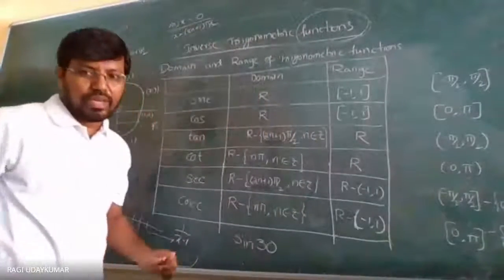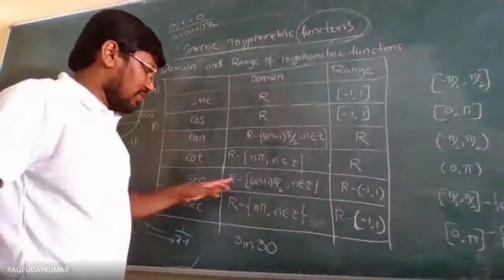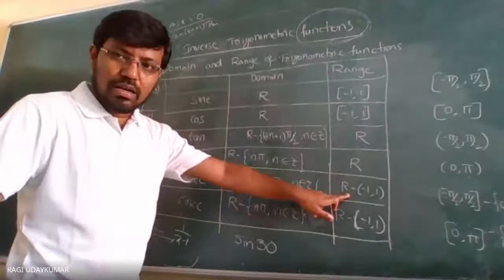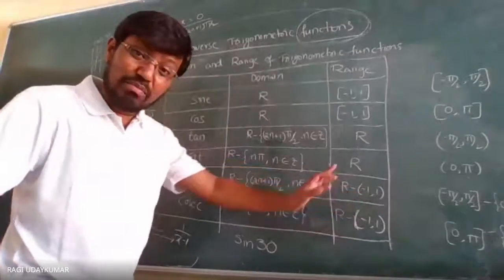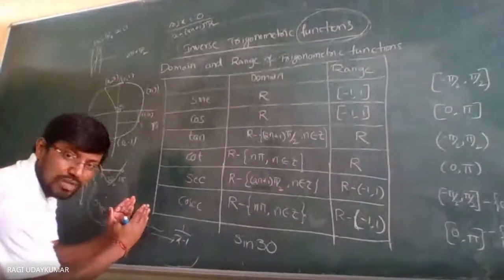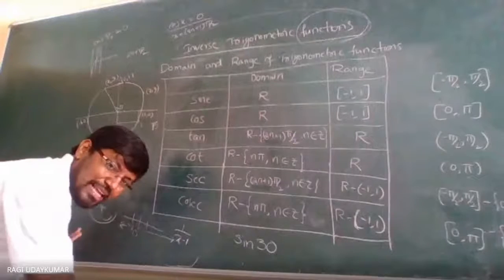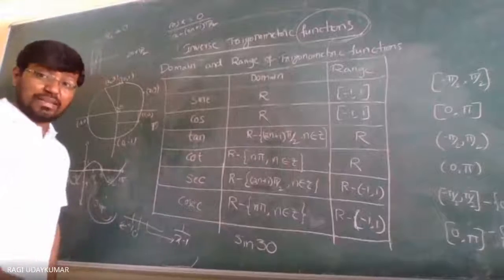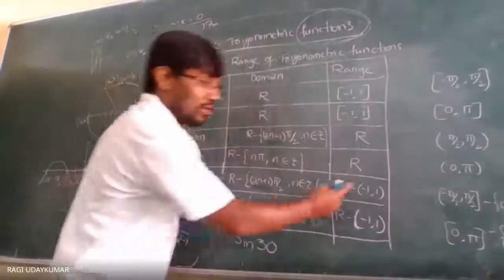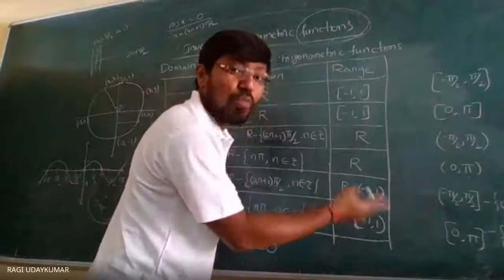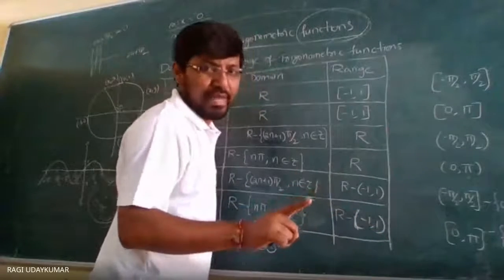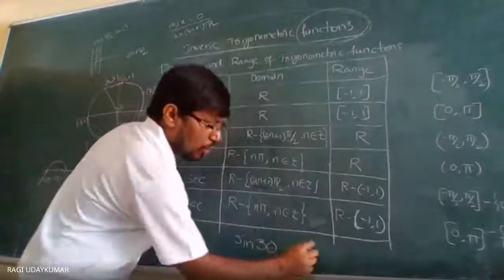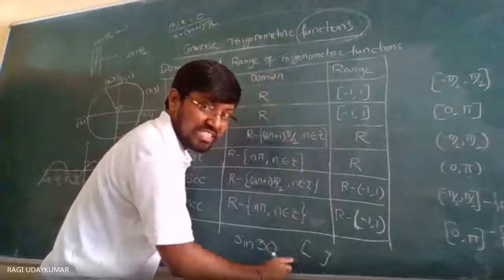Okay, so now here if you see, in the same way, the sine function domain is this one, and the range is other than -1 to 1, other than this -1 to 1. The remaining part, all the real numbers, will be there. So -1 to 1 will not be there, but -1 will be there and 1 will be there. So that's why the brackets. That also should be kept in your mind. Okay, open brackets and closed brackets. This represents the closed brackets, meaning including the first and last point.